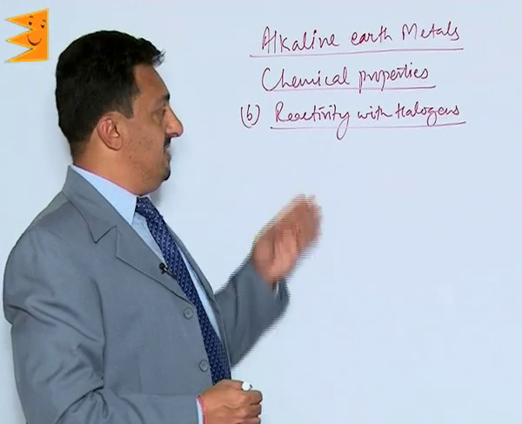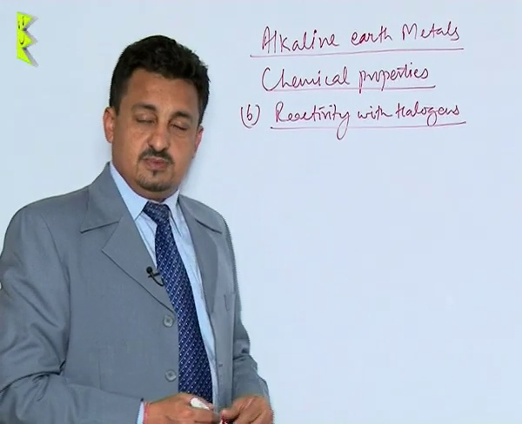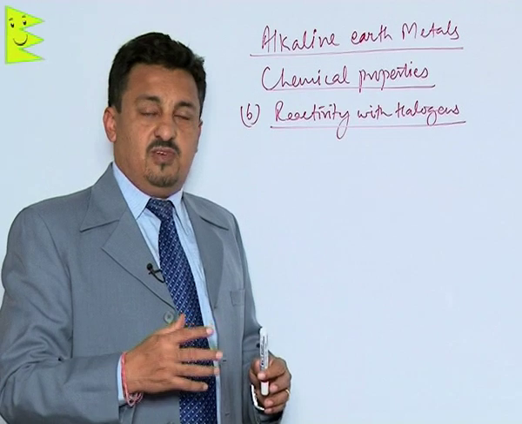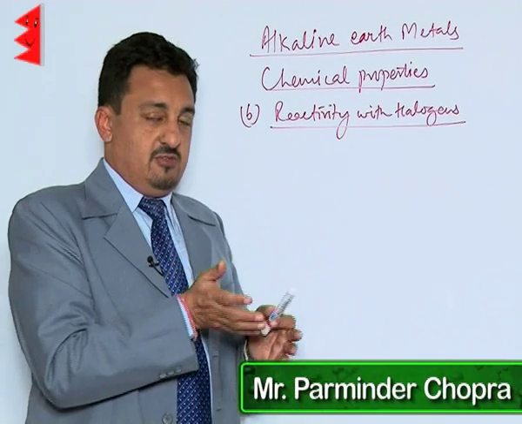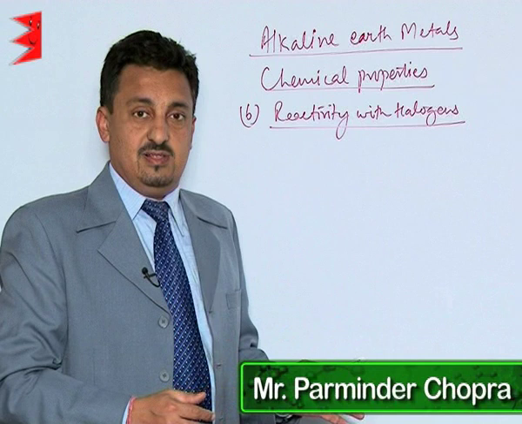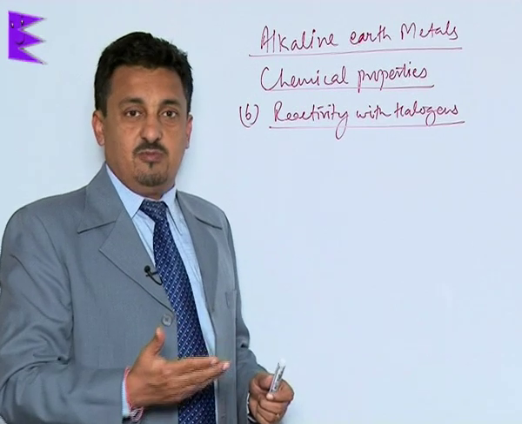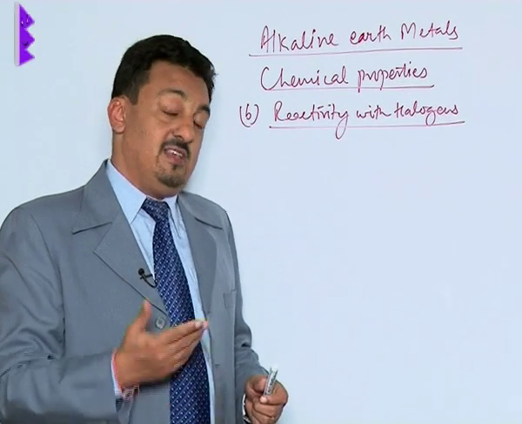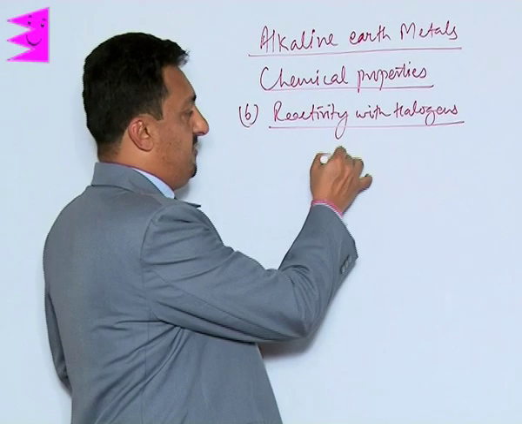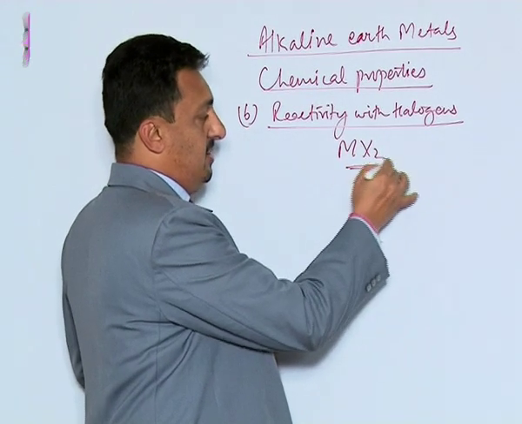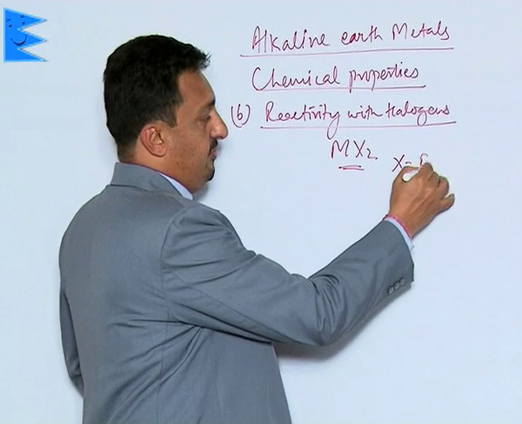Now let us see the reaction with halogens. They all react with halogens at fairly high temperature, specifically in comparison to the alkali metals. We know that the reason is their smaller size and higher ionization enthalpies. But yes, they all react and they form halides with general formula MX2, where your X can be your fluorine,